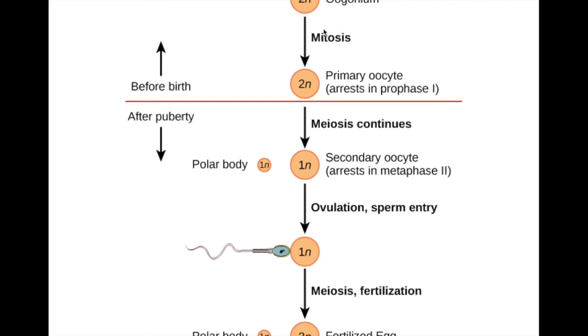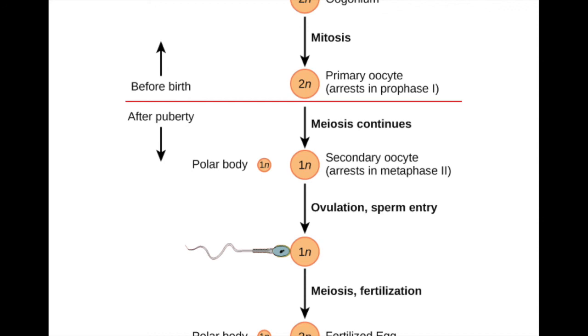It's meiosis. Yes, it's meiosis, but they stop when they reach prophase 1. Okay, I believe this is wrong here. All of this happens before a baby girl is born, and at birth she has around 400,000 primary oocytes in her ovaries. When she reaches puberty,